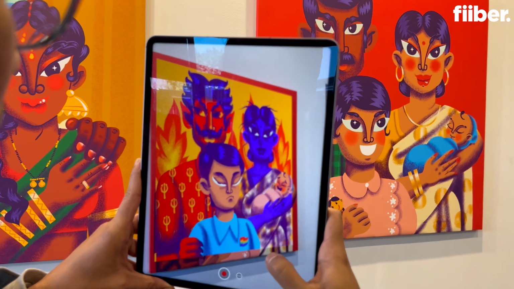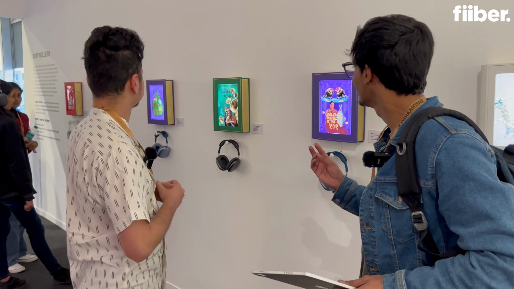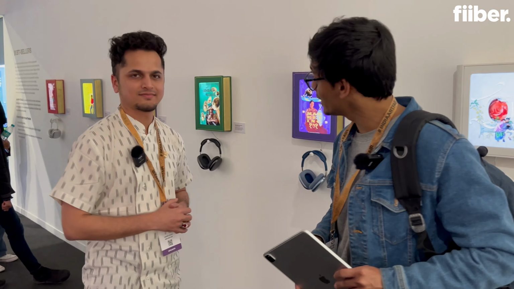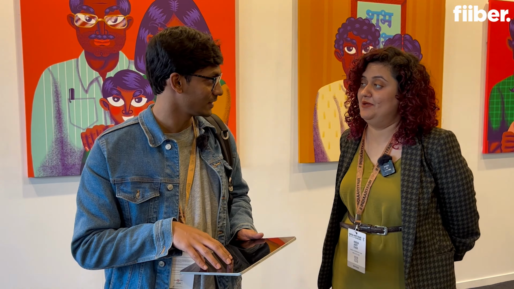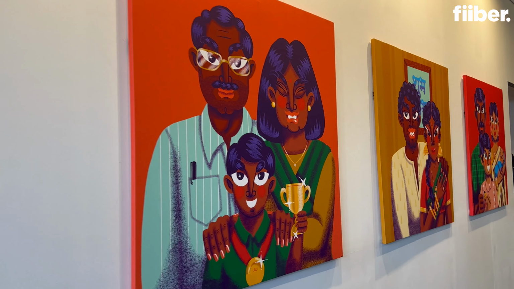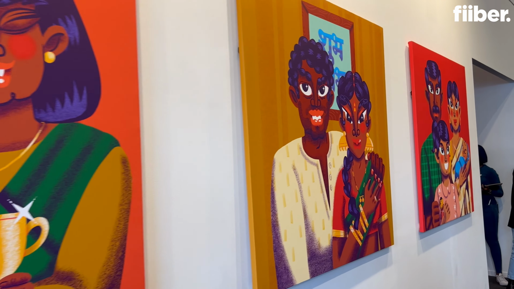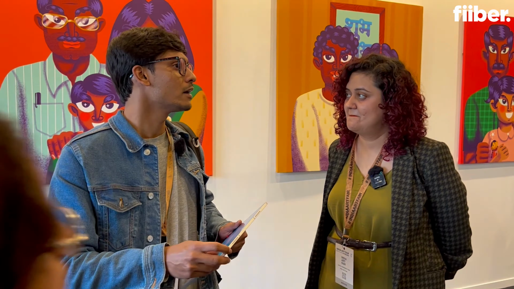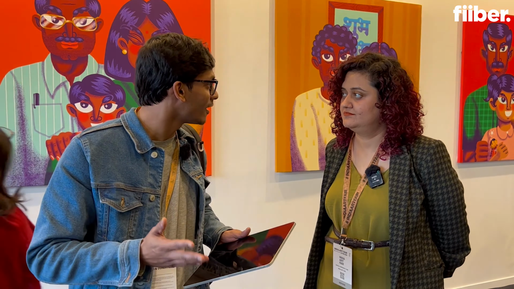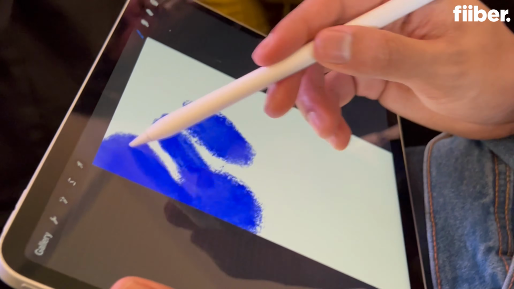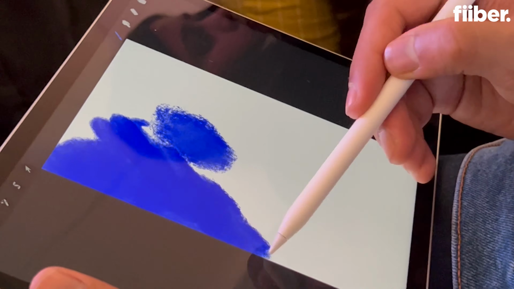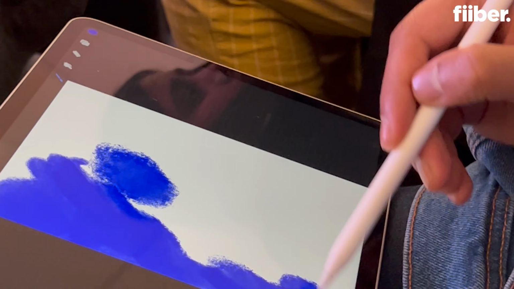Have you created this work on iPad? Colorful artwork here. Did you create them? All of them have been created on the iPad. Wow. So we have a lot of audience who want to know how you can use iPad. Firstly, why do digital artists use iPad? Why is it their favorite medium or one of the favorite mediums? Well, if you pick up an iPad, it's completely portable, which is amazing. I think it's the only digital drawing device that is so powerful as well as so portable.